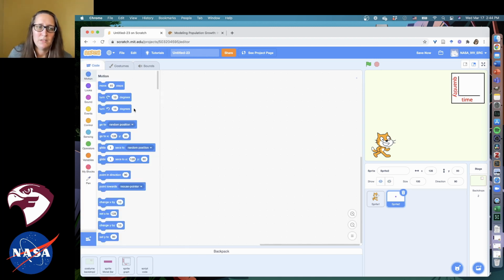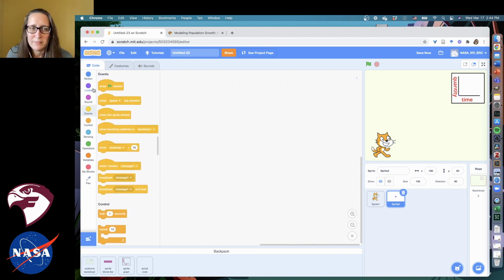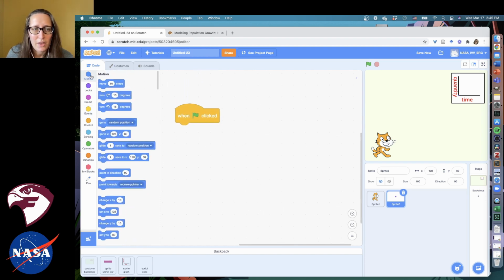Once I have it positioned, I tend to accidentally move things around in my Scratch programs and not really be happy at the result. So one of the first blocks I always put in is when the green flag is clicked, and then I'll go up to motion. And if you look at this go to X, there are these numbers filled in, these are already the numbers of the current position of my sprite. So this means that if I accidentally grab this and bring it over here, now I can just click the green flag and it'll go back to the position I want it in